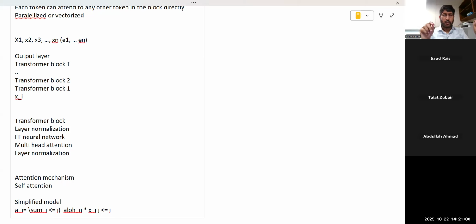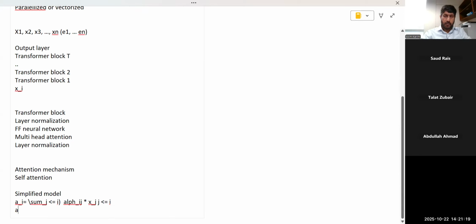So the output for the ith token from our attention head is simply given by a linear combination of all the input vectors x that appear before it, including itself, multiplied with some scalar alpha ij. ठीक है। सो अल्फा आई जे इज ए स्केलर। ठीक है। और यू कैन से ए वेइंग फैक्टर कि उसका इन्फ्लुएंस कितना है, व्हाट इज द इन्फ्लुएंस ऑफ द jth वर्ड टू द ith टोकन। ठीक है, तो jth टोकन टू द ith टोकन।